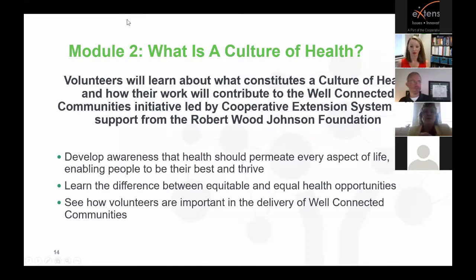What is the culture of health is Module 2. This is designed so that once the volunteers have learned a little bit about Extension's history, it takes them into what is this culture of health, what are they doing? The volunteers will learn about the culture of health from the Robert Wood Johnson perspective, and how their work will contribute to the Well-Connected Communities initiative that's being led by Cooperative Extension with support from the Robert Wood Johnson